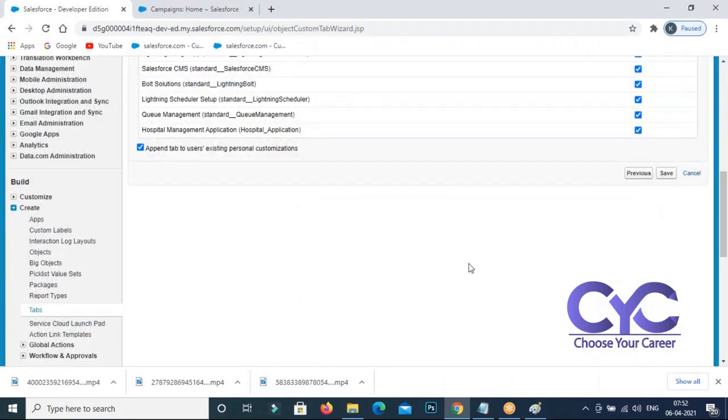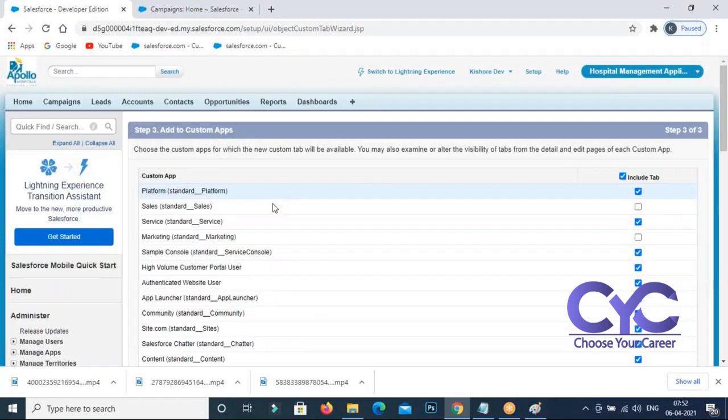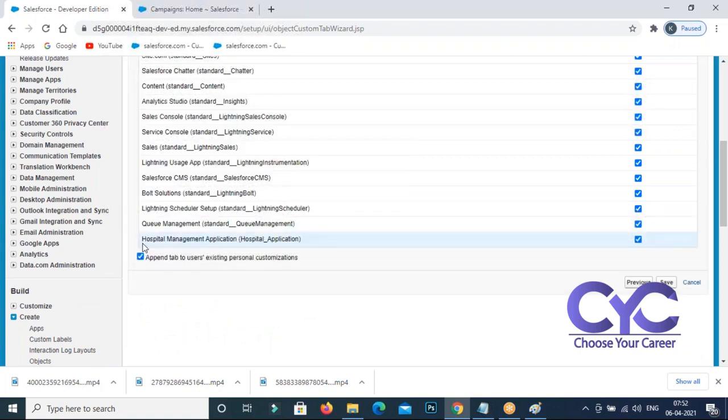Save. Did you understand this tab? In the sales application, I cannot see my tab. In the marketing application, I cannot see my tab, but I can see this tab in the service application, and in our own application called hospital management. If you uncheck this one, what happens?